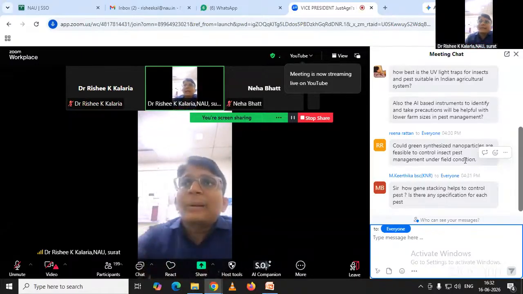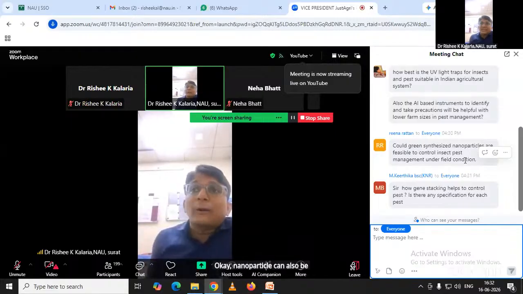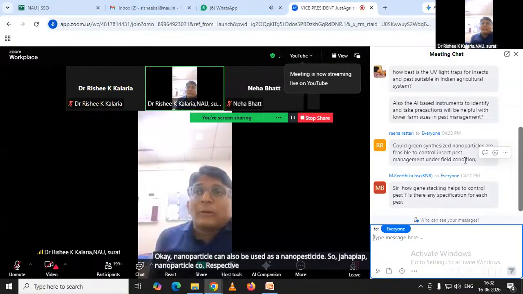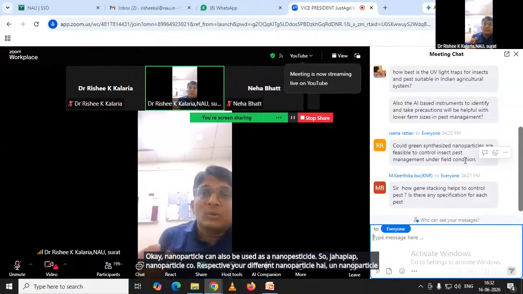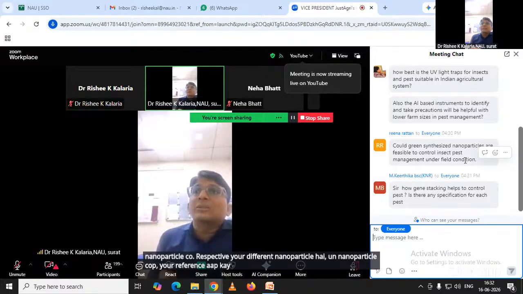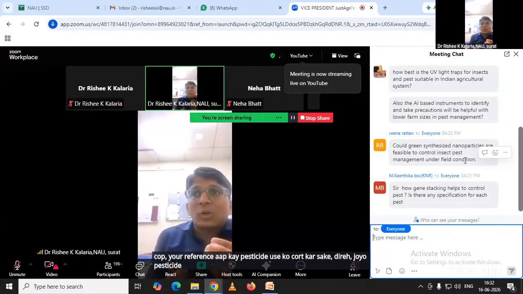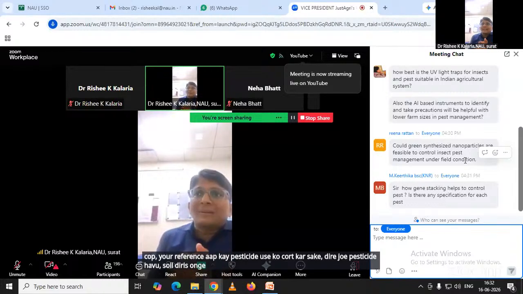Okay, nanoparticle can also be used as a nano pesticide. तो जहां पे आप नैनो पार्टिकल को रिस्पेक्टिव जो डिफरेंट नैनो पार्टिकल है उन नैनो पार्टिकल को जो रेफरेंस आपके पेस्टिसाइड उसको कोट कर सकते हो, जिससे धीरे धीरे जो पेस्टिसाइड है वो सॉइल में रिलीज होंगे और मिनिमम यूज होगा पेस्टिसाइड का।